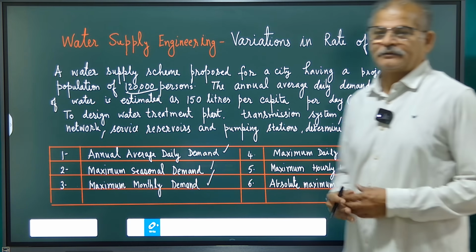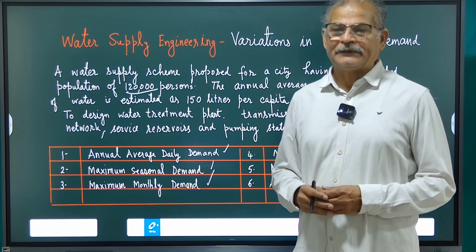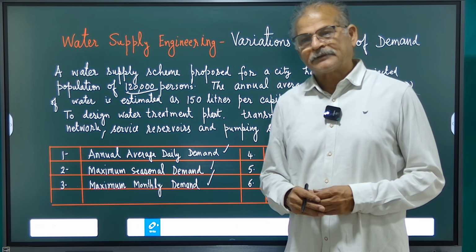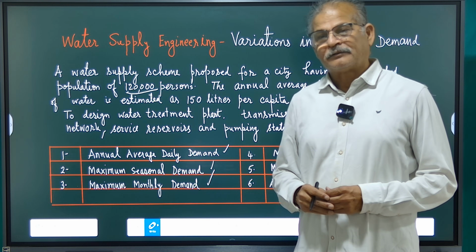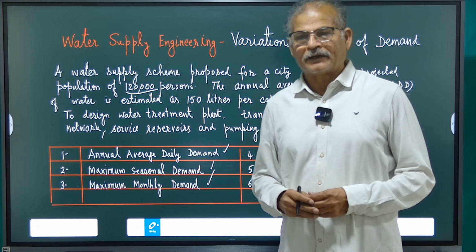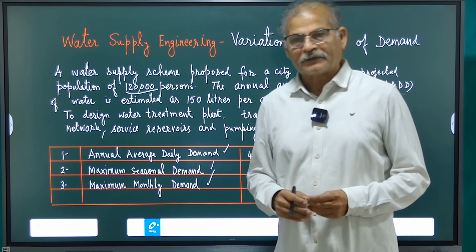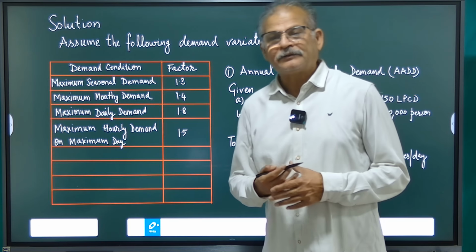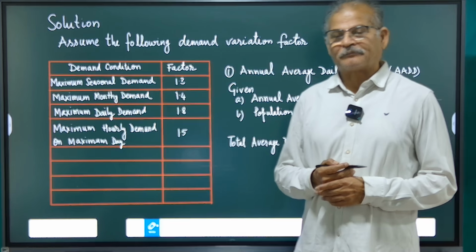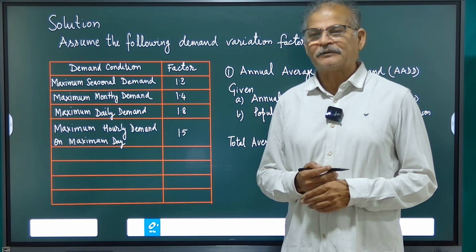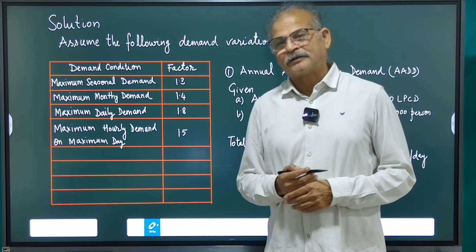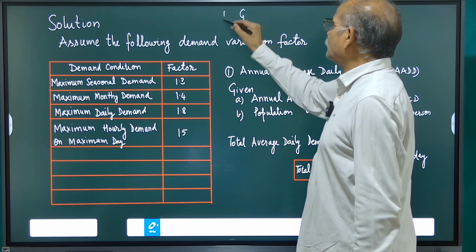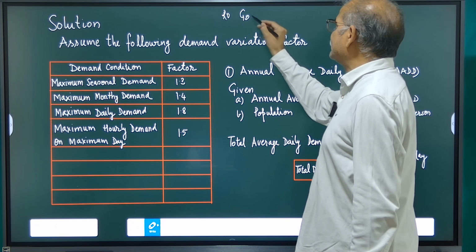We know the annual average daily demand of water is not same throughout the year. It varies season to season, month, day, and hour, depending upon the consumption. Goodrich has given the formula for determining the maximum consumption with respect to the annual average daily demand. Goodrich formula is